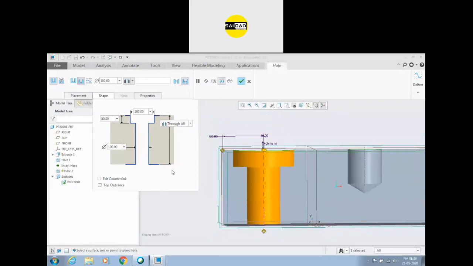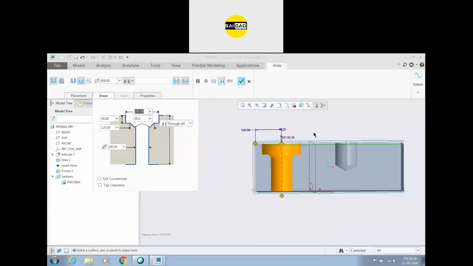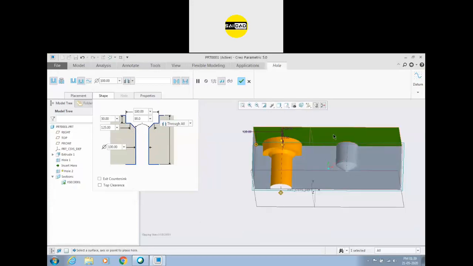Okay. Next option is if you want to apply both countersink and counterbore, you can do that by just selecting both, and you can see there is the countersink inside and you can define the values from here. So this is a very simple option. You have everything, the shape is defined here. You can just define the face where you want to place your hole, define the relation of the location, and you can define your complete hole from this point.